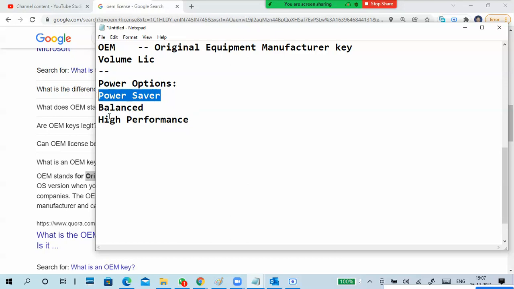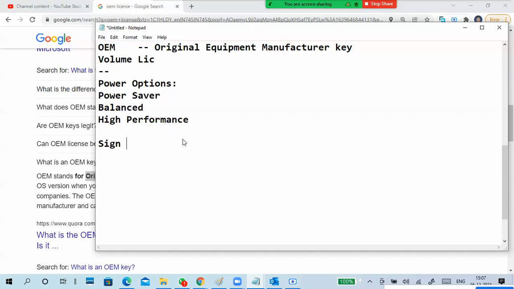If the charger is not connected and you are doing very small work, it is better that if you don't do anything, you let it wait and go to sleep mode, so then use power saver mode. And if you are doing some work with no charger connected, but it is important work, you can go for balanced, so then it will balance both performance and power consumption.